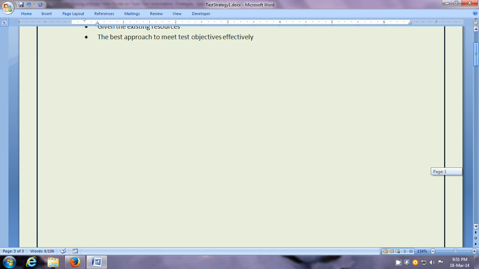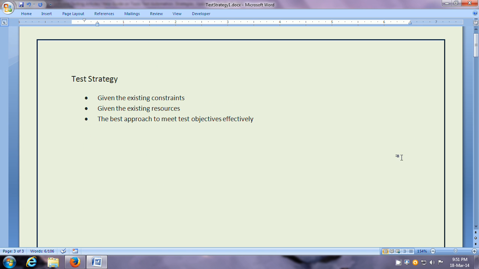So let us do a recap now. A test strategy means looking at the existing constraints and limitations, looking at the existing available resources, and figuring out what is the best approach to meet the test objectives effectively.